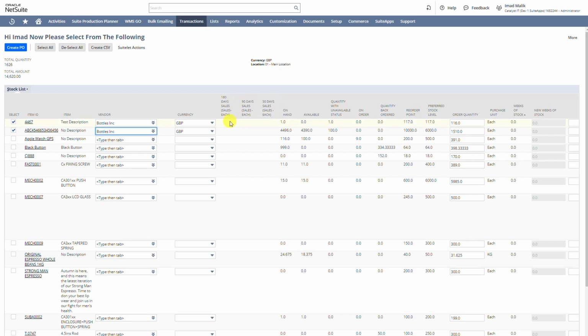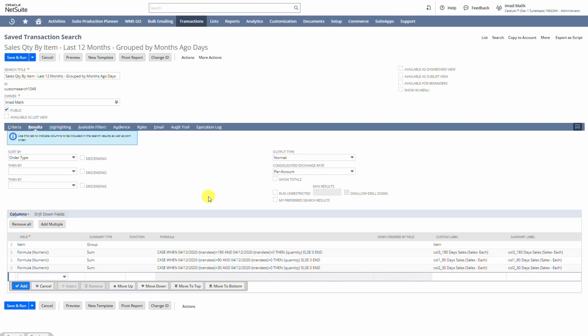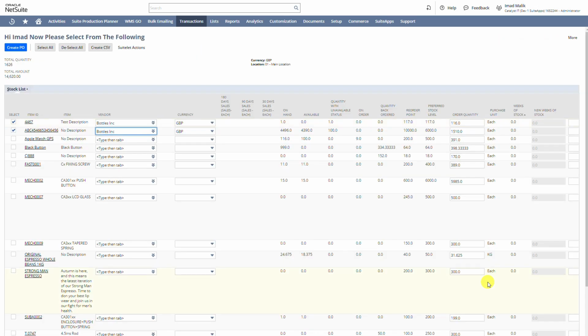In this case, we've added 3 extra fields or columns for sales trends. This is all defined by a saved search. This is that saved search that defines it for our example, where we set up 3 item lines by formula that allows us to add the additional columns. You can have as many columns as you need based on the transaction history, allowing you to see sales